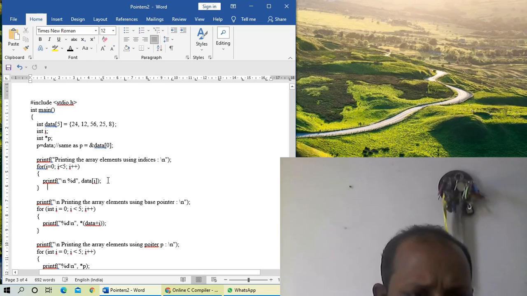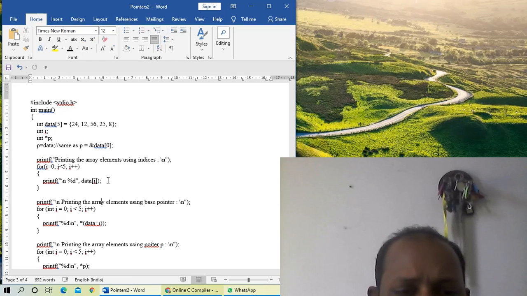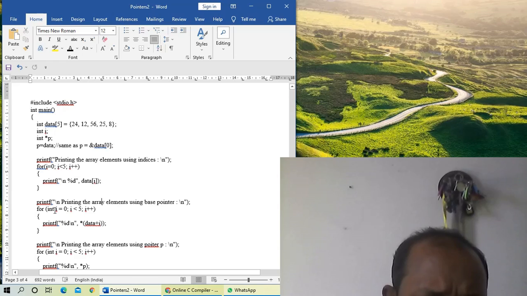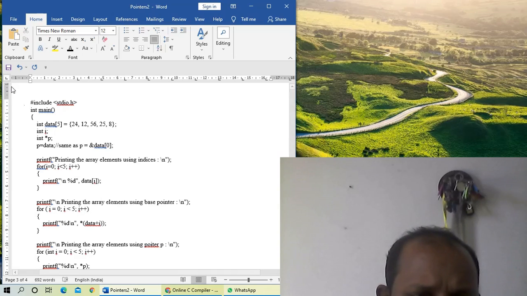We have seen many examples for printing the array elements. Next, I am going to print the array elements using the base pointer. See, i = 0. The int is not necessary here because i is already declared. So i = 0, i < 5, i++.